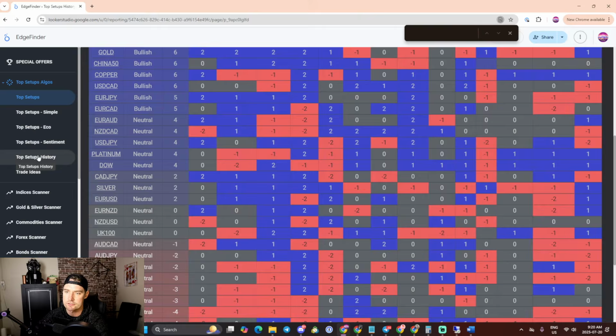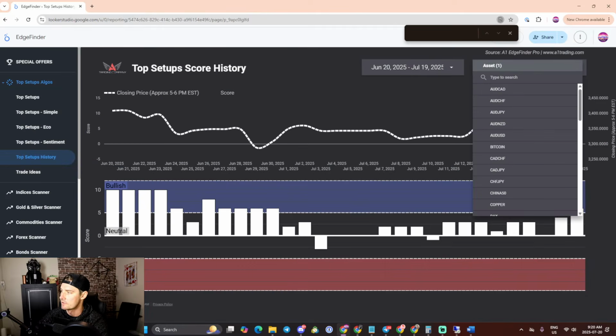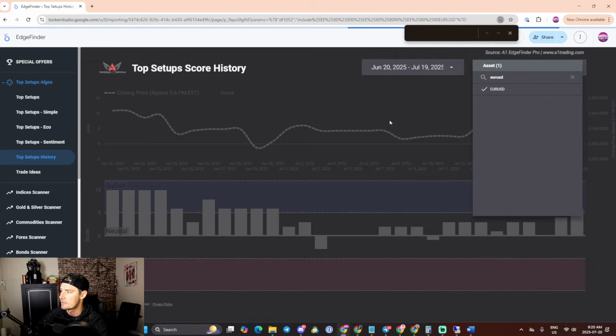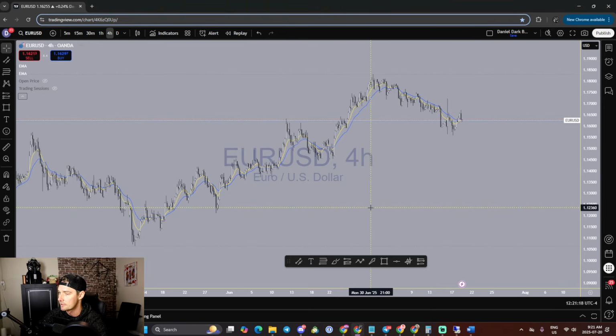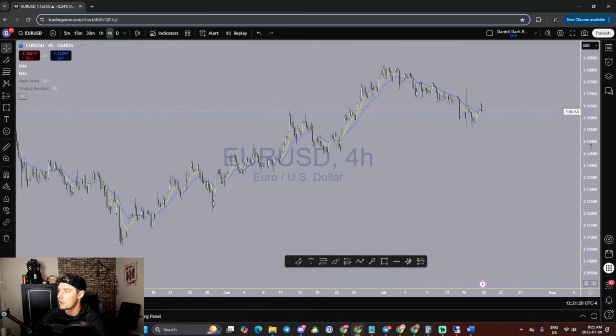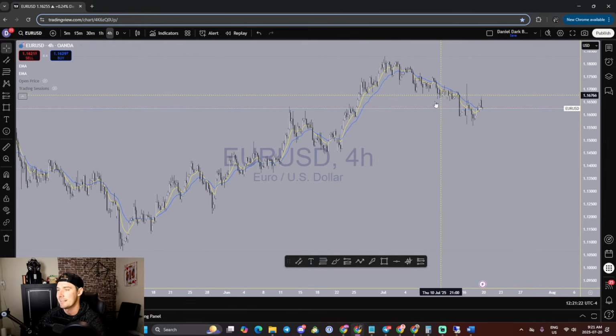If I go to the history, EURUSD, we can see that over the last 30 days, we have just been losing momentum on this thing, right? And now we're back to neutral. We were at one point a 10 bullish score, which is almost as bullish as you can get. And now we're at a 2. So this thing is losing momentum economically, right? So I am no longer really interested in looking for longs, even though